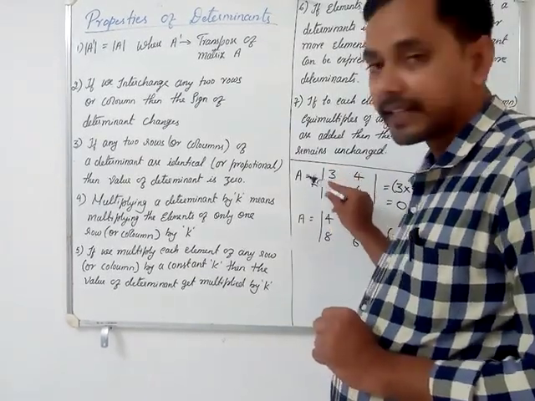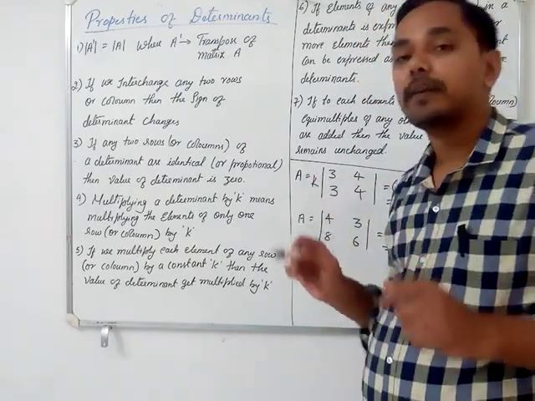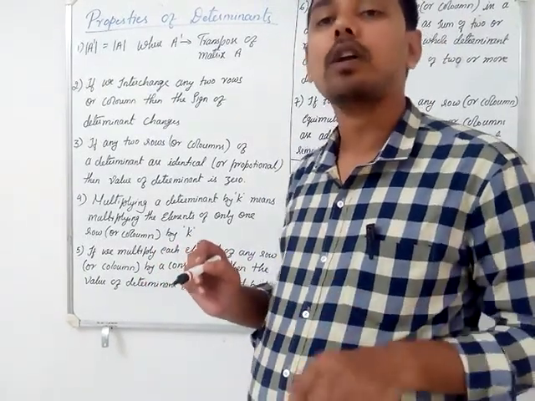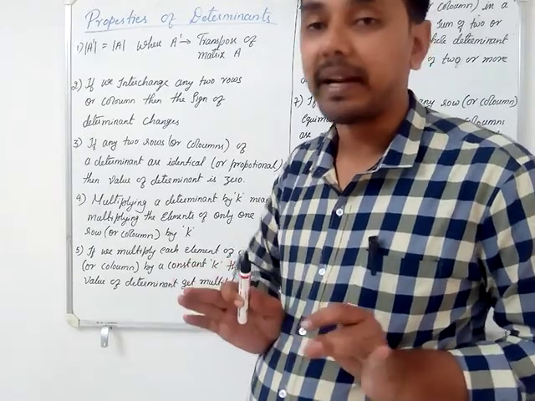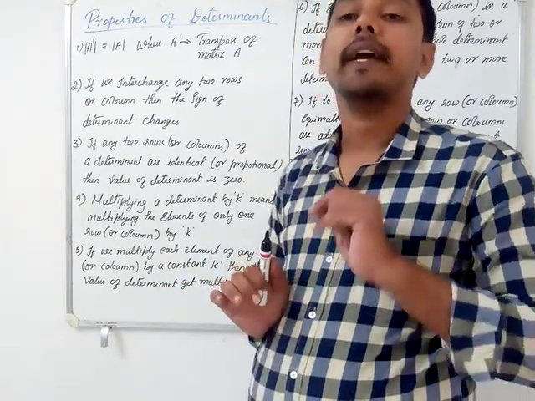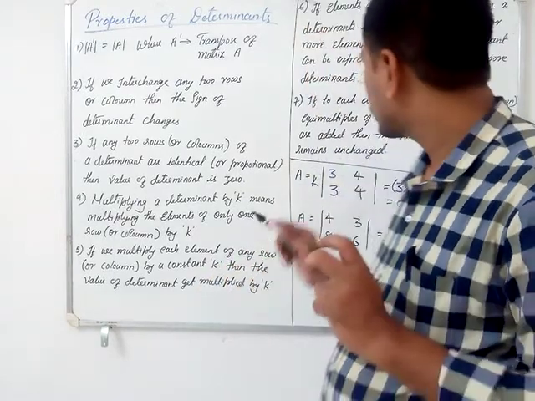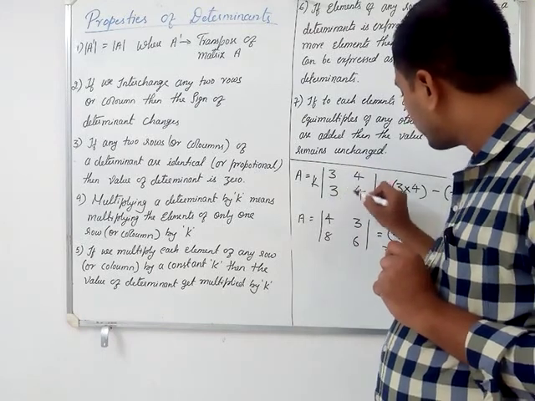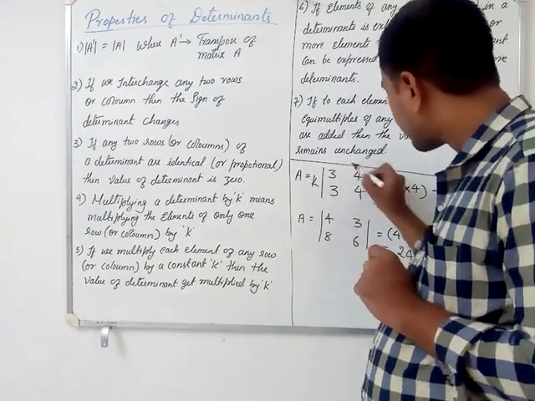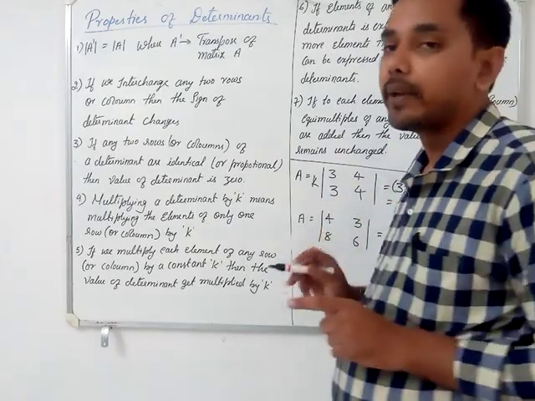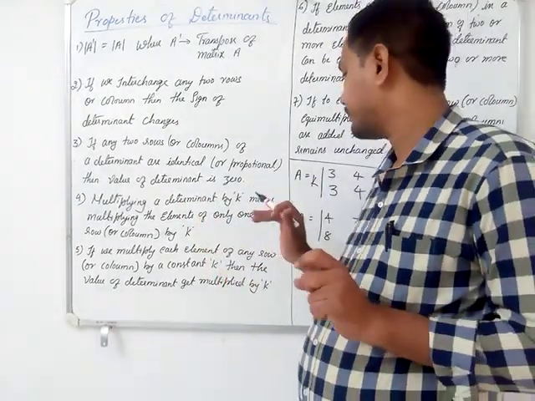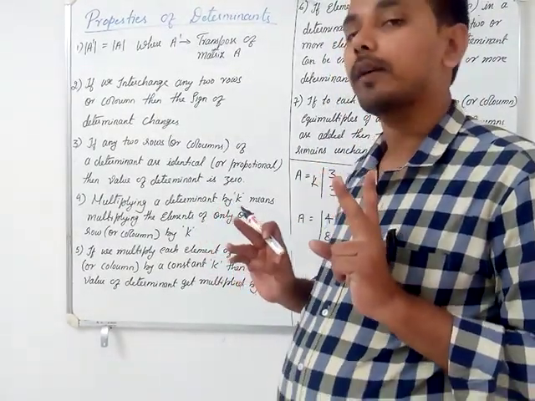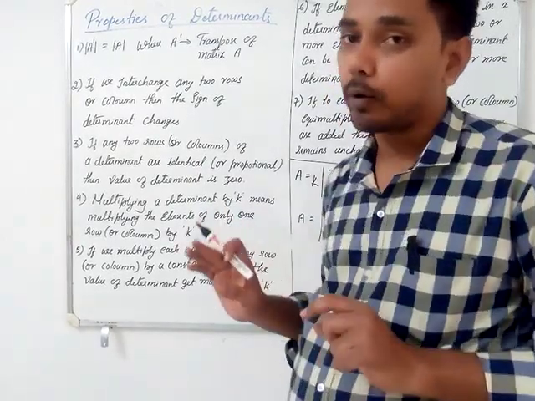But it is not so in the determinant. In a determinant, if k is there outside, when it comes inside, it multiplies to every element of one row or every element of one column. You can multiply it to any row or any column, not for the entire matrix. Is that clear? Not for the entire matrix. So if k goes inside, it gets multiplied to the first column or second column or first row or second row. Any one thing, not for the entire elements. K outside going inside gets multiplied with one row or one column. That's it.